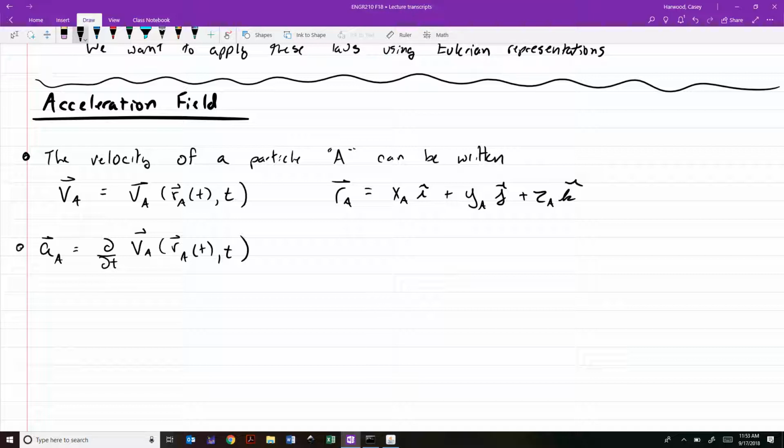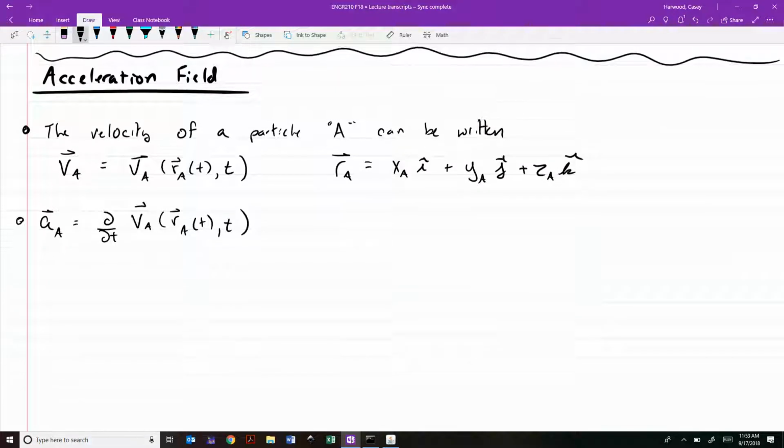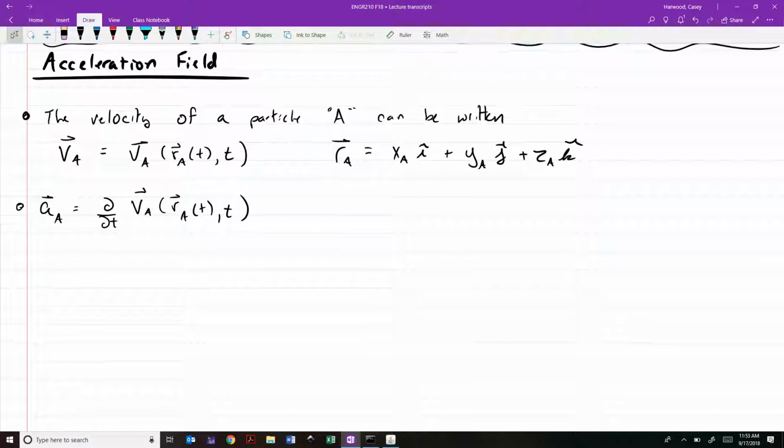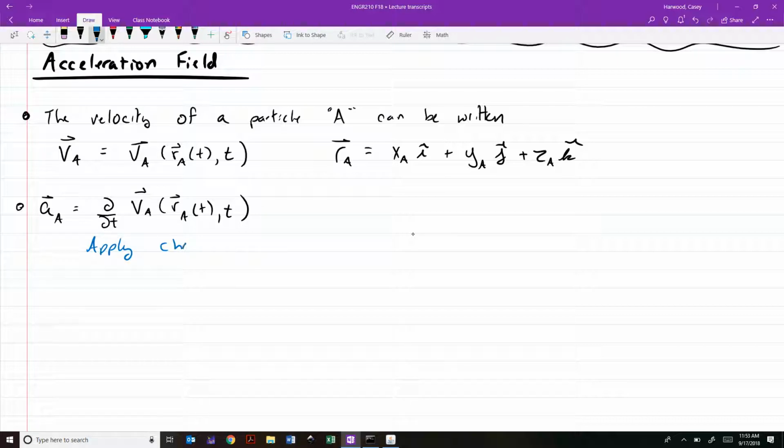If we're taking the time rate of change of something that is itself a function of time, then by necessity we have to apply the chain rule. So digging back into our calculus, application of the chain rule is going to give us